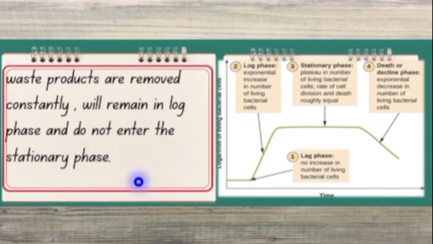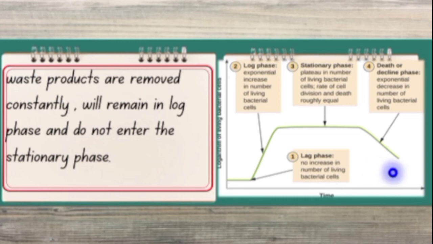divide and multiply. So in order to kill the bacteria, one of the major techniques is to starve them. Just like any other living organism, bacteria need nutrients, a source of energy, for them to endure their